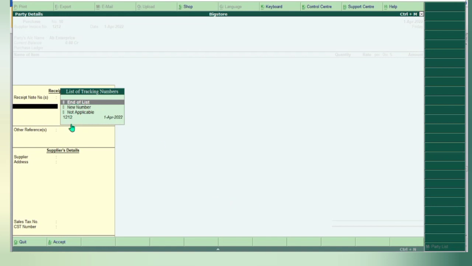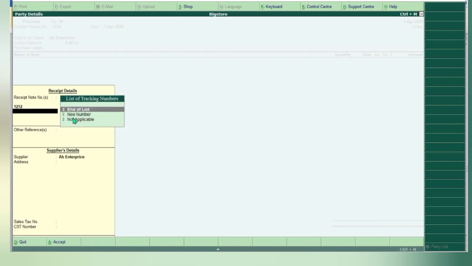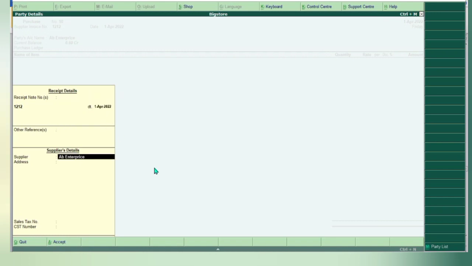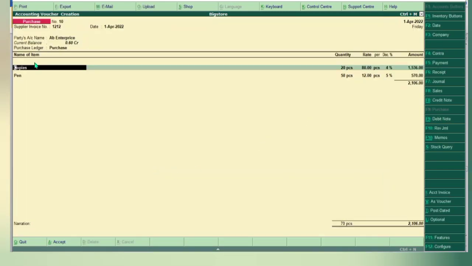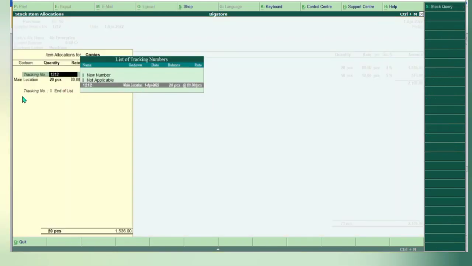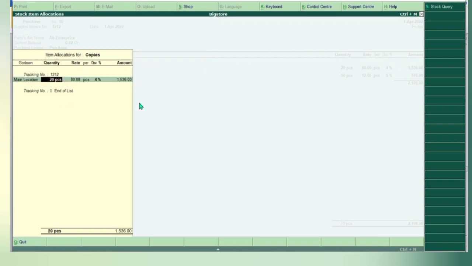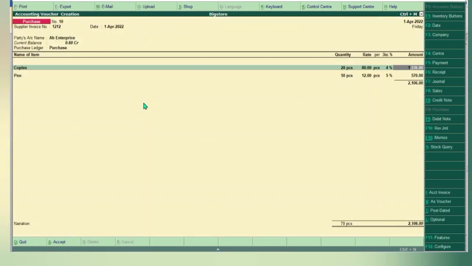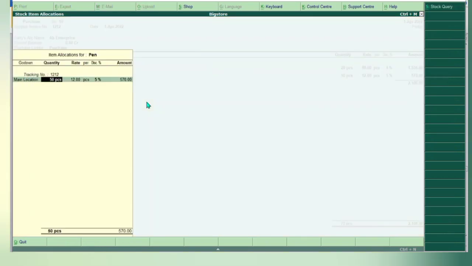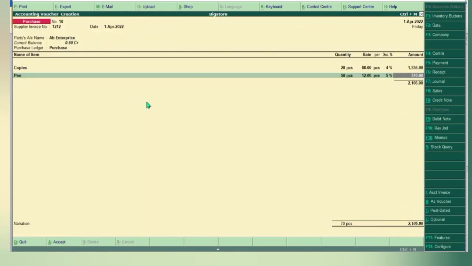Now we have to select this number 1212, end of the list. See, when I have selected the tracking voucher 1212, automatically this record has come up because it was my tracking number. So I don't have to do any changes here, end of the list, enter. I just keep on pressing enter,